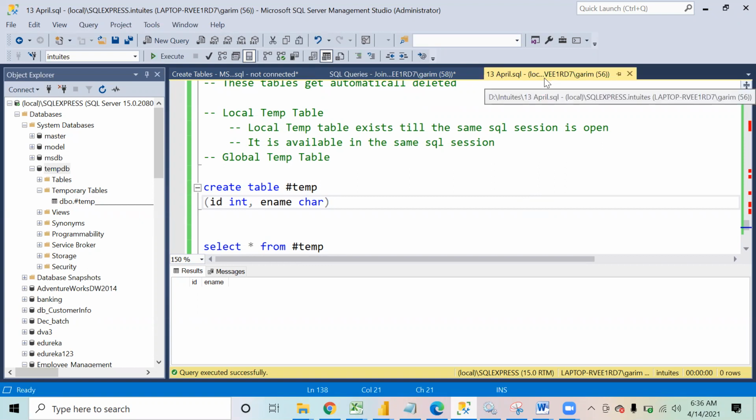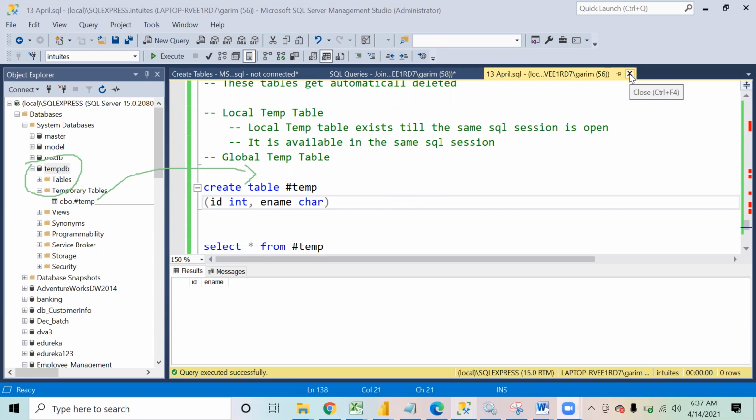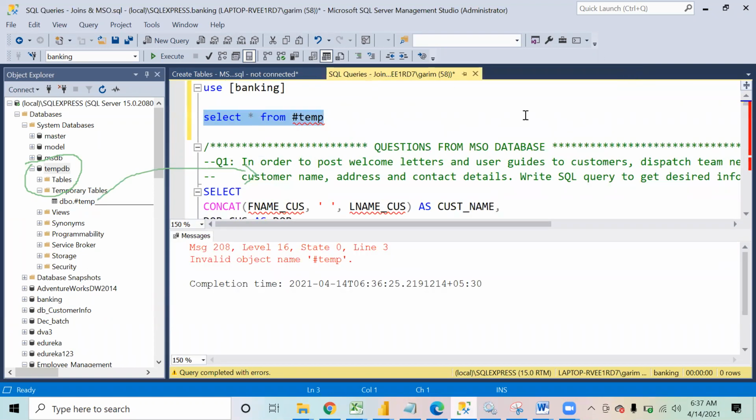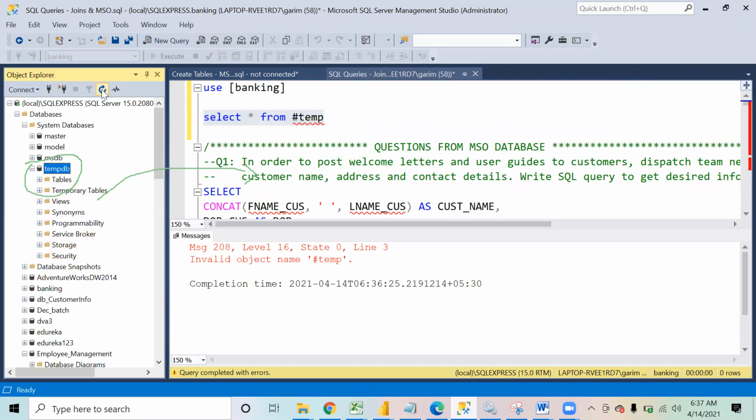Okay. So go by the name temporary table. This is something that will get automatically created. It is not associated with any database. It gets created in the temp database, which comes as a default inbuilt database in SQL Server. And this table will exist till this session is open, the session where we have created it. Now what will happen if I close this session, and let me refresh this?